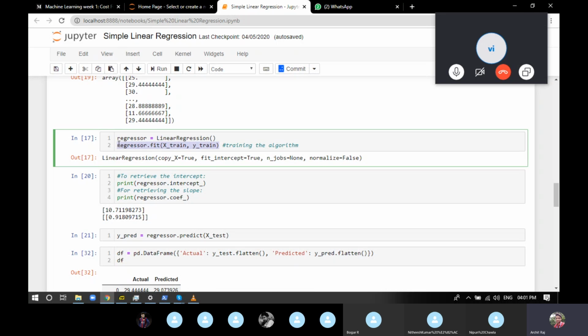You'll think that you don't need to know what exactly has been done, but you will later find out why it's necessary to know what exactly is going on in the background. So all the things that machine learning has to do are done in this particular line. The model has been fitted and the model has been trained.